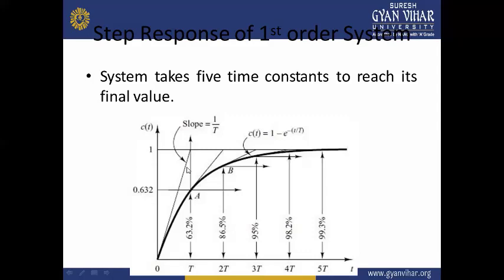So that's why, with various analyses and studies, it is preferred that the 5T time constant is far better and very much suitable for all types of systems, specifically for first order systems in step responses. Now C(t) is given equal to 1 minus e to the power minus t upon T. This is the response and the plots. I hope you have understood this concept.